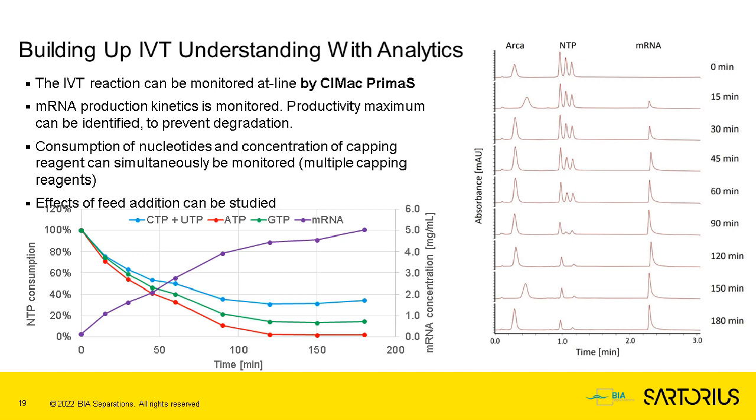of each nucleotide. So by monitoring or by integrating the peak corresponding to mRNA, shown on the right-hand side graph under the label mRNA, you see a nicely increasing peak corresponding to mRNA, and next to it you see nicely decreasing peaks corresponding to individual nucleotides. We can then turn this into